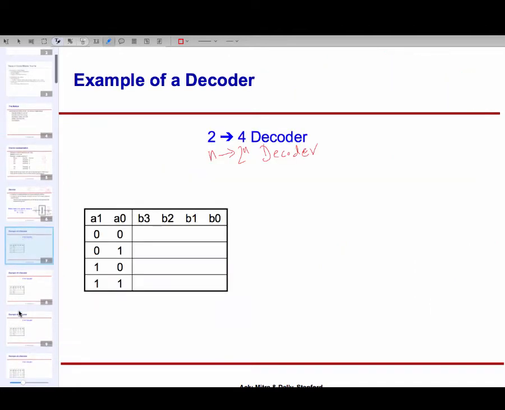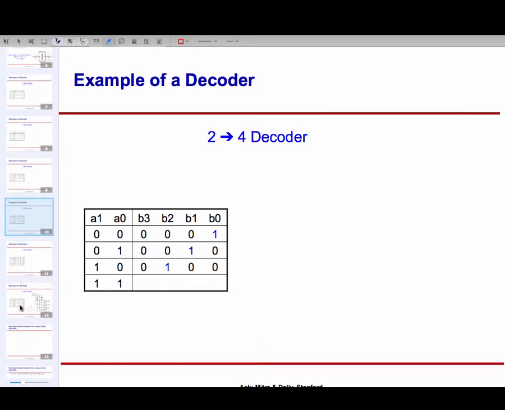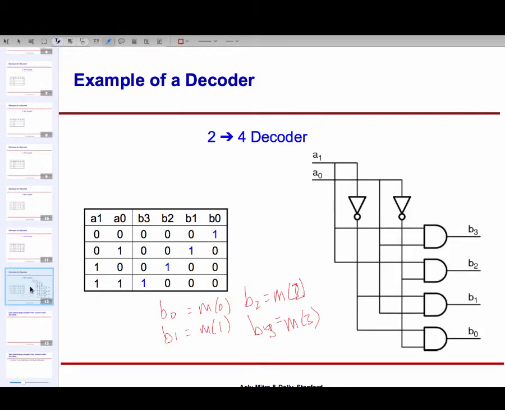And I had shown that you can work out the truth table, and you can create an implementation of this using our standard approach that we have seen in the previous module.